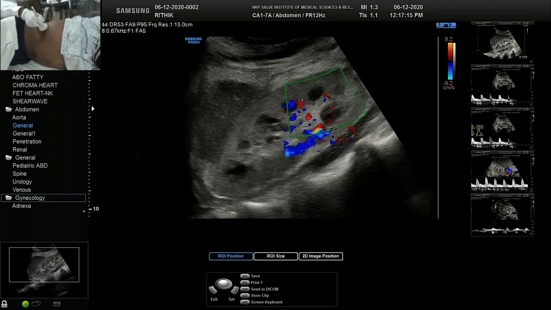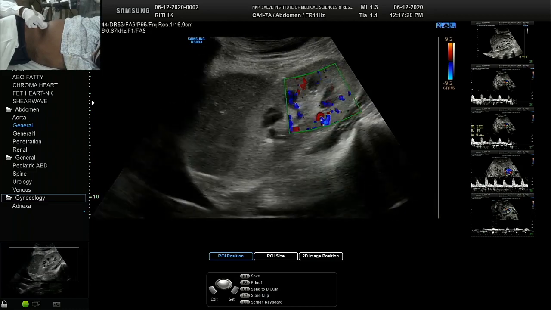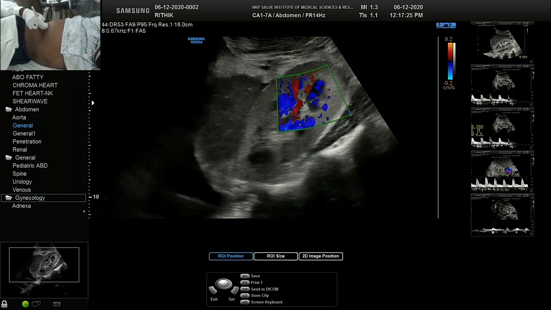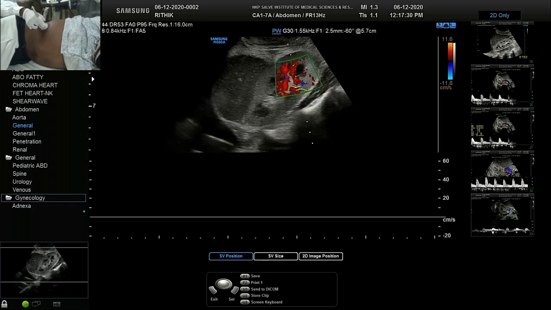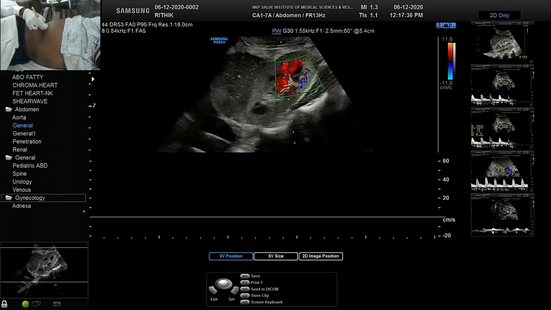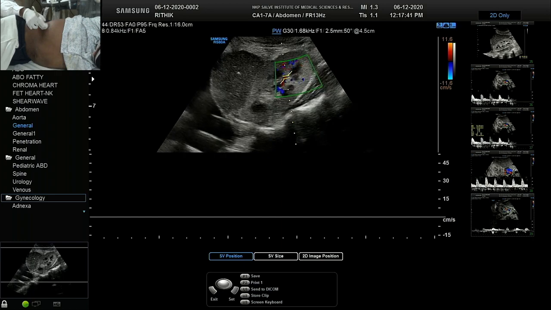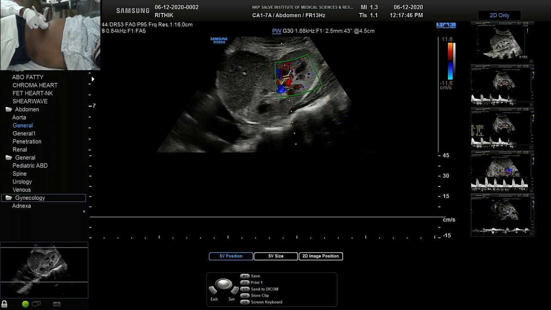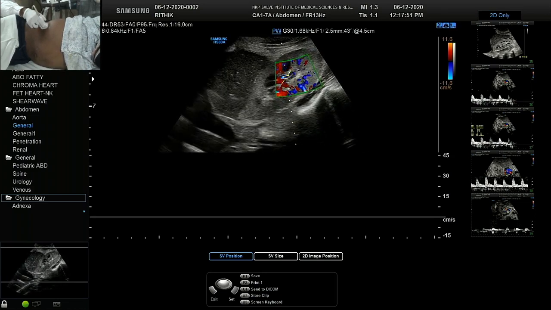Poor fellow, at this age he is on dialysis. So we try to see from here. Too much color, reduce a little bit. So he has got very poor compliance. So you have to achieve in whatever smaller respiratory window available. So adjust everything. We are targeting this segmental. We'll try simultaneous.